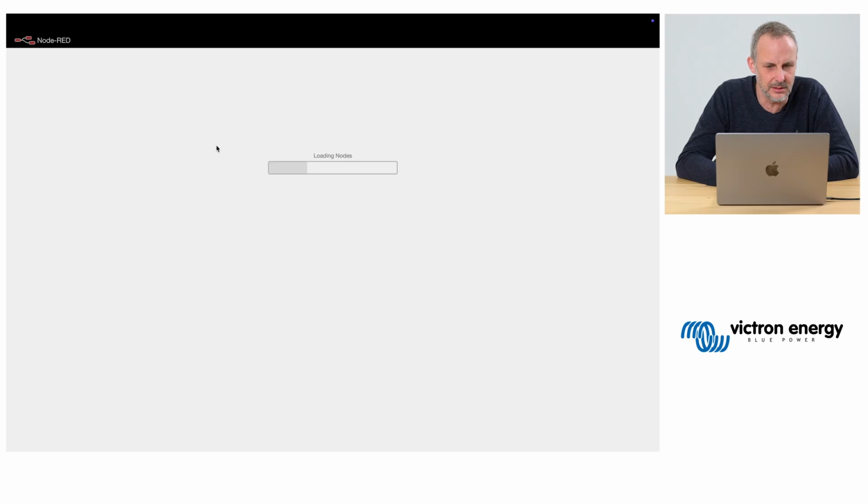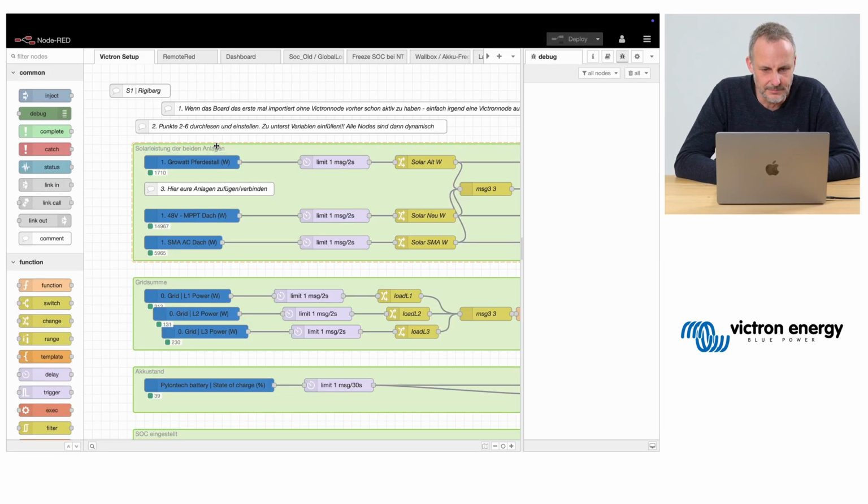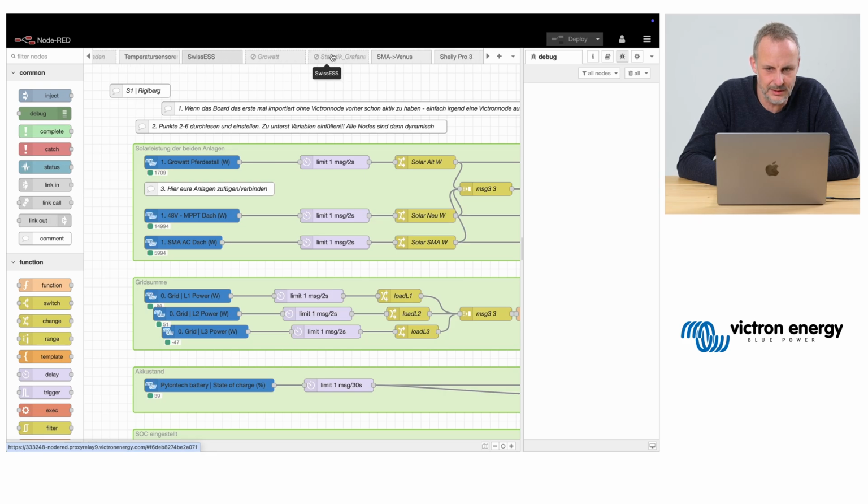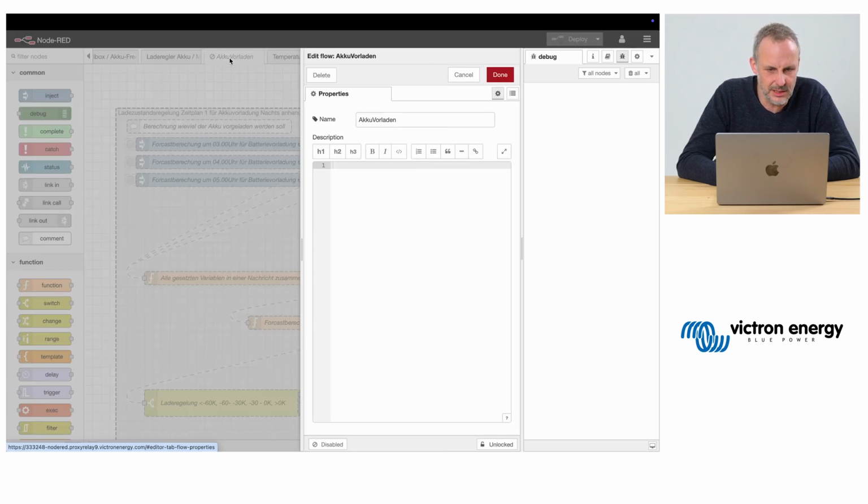That takes a short while. So let's see what we have here. The first thing I notice is we have a lot of tabs, and some of them seem to be disabled, which is a neat trick. If you have a part of a flow which you don't want to use yet, you can double click it and you can disable it here.